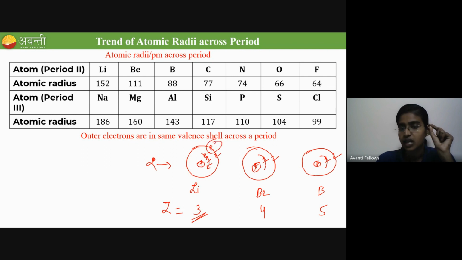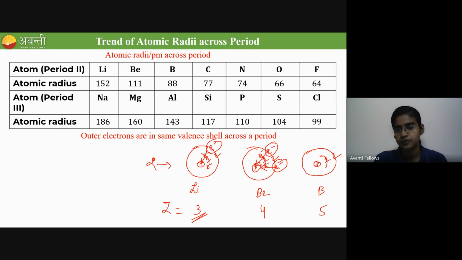Okay. Now electrons are negatively charged and the nucleus is positively charged. Opposite charges get attracted towards each other, right? So the outermost electron is getting attracted towards this nucleus. Got it? Now coming to beryllium, in the first shell, 2 electrons. In the second shell also we have 2 electrons because the atomic number is 4. We have 4 electrons, and those 2 electrons in the outermost shell are getting attracted towards